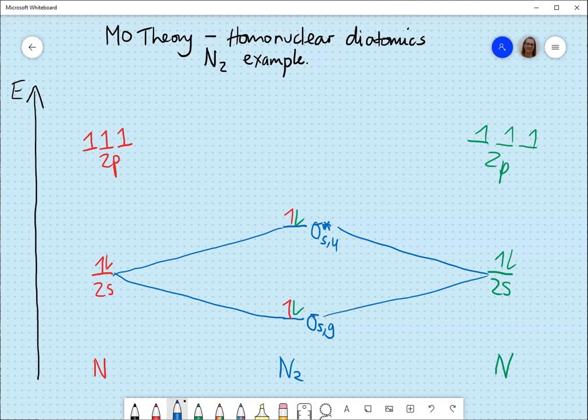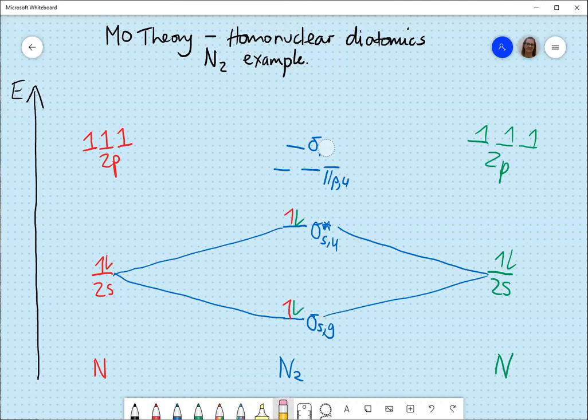All right, now let's have a look at the 2p orbitals. And in this case, remember that for nitrogen, there is s and p mixing because the s and p orbital energy gap is quite small. So that means we need to draw the 2 pi orbitals first for the bonding interaction at the very most, okay? And then we draw the sigma. So this is the pi bonding. So it'll be from the p, and it'll be ungerade because that's what happens. And then this one will be the sigma bonding from the p